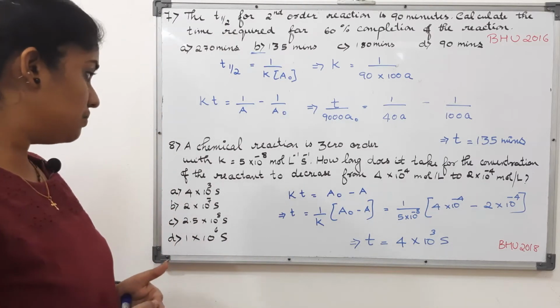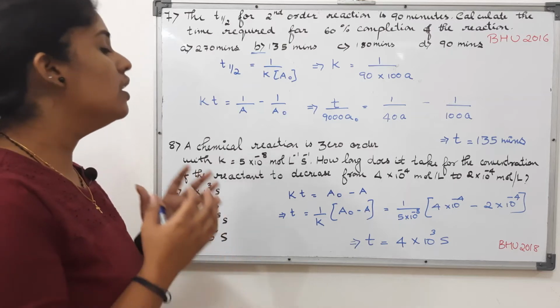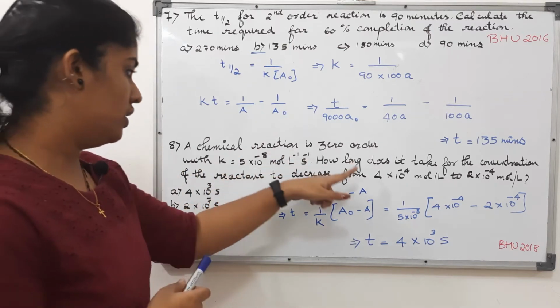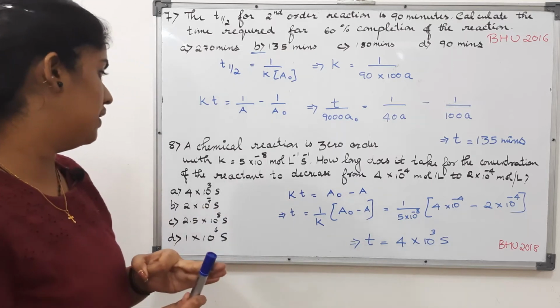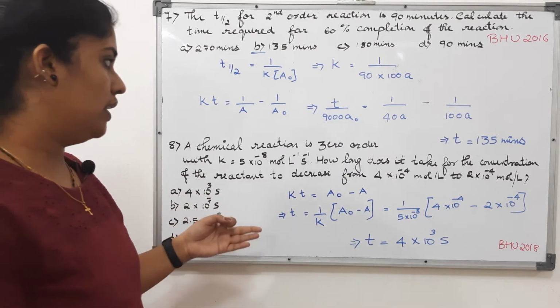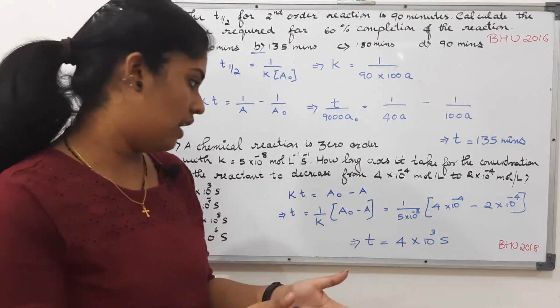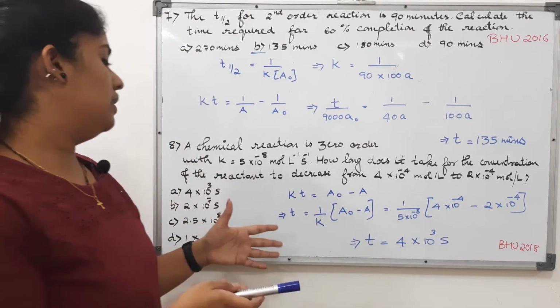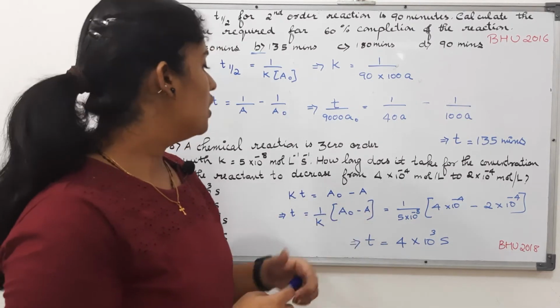So here also they have given us everything, it's just that we need to know the formula for the integrated rate law for 0 order reactions. K is given, initial concentration is given, final concentration is given. So we just have to know that for 0 order reaction, Kt is given by A naught minus A. So from this you can simply calculate t as 1 by K into A naught minus A,